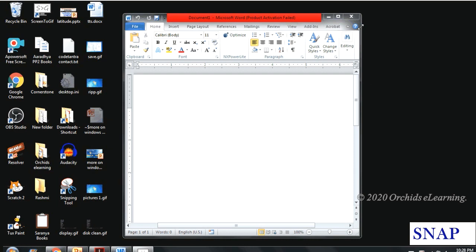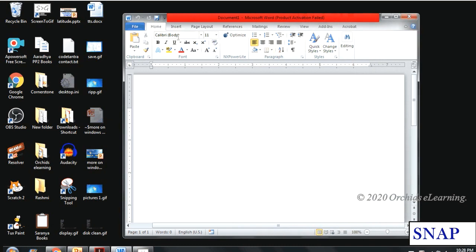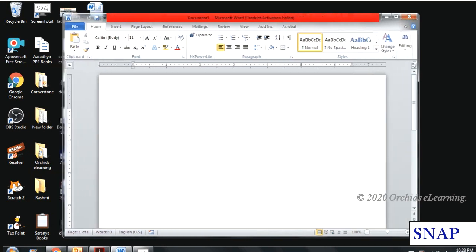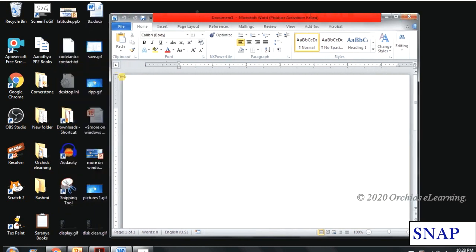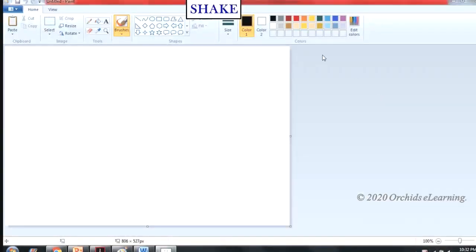Snap. It is a quicker method to resize the open window. Drag one of the windows to the left edge of the screen and another to the right edge. In this manner, you can view two windows side by side. Dragging windows to the upper edge of the screen will take up the entire screen. Dragging the window to the lower edge of the screen will expand it.